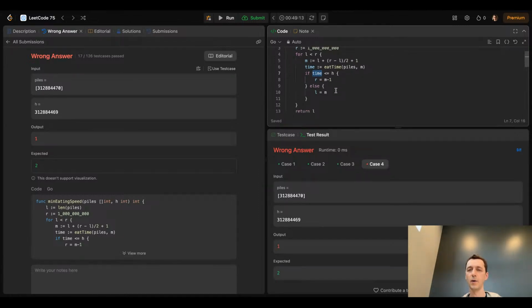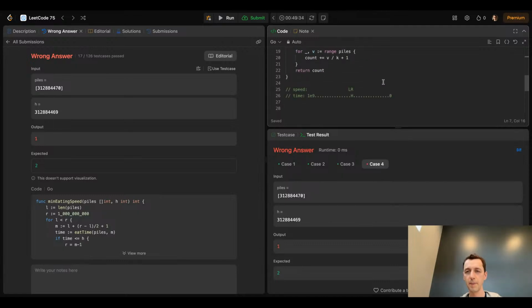So our right will jump to this half a bill. Then it will be jumping. Yeah, it will be jumping to half a bill. Then it will be jumping to this number. Yes, speed at